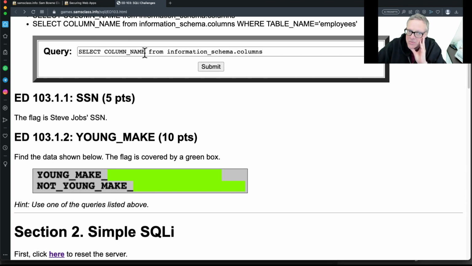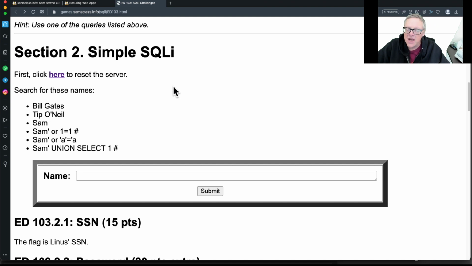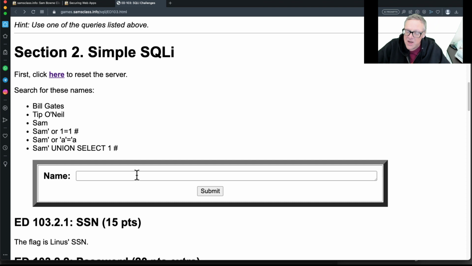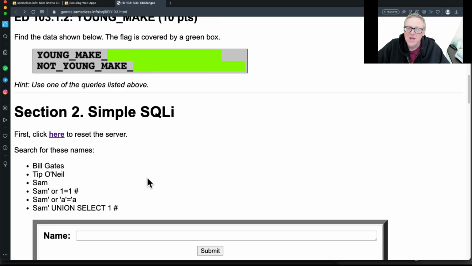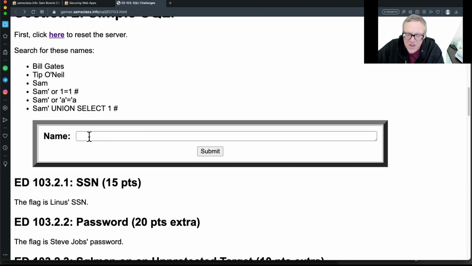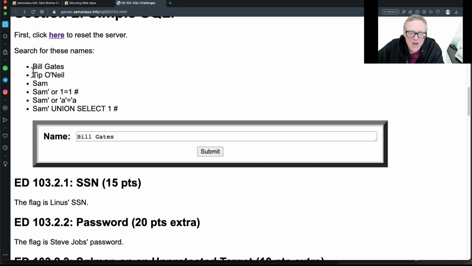This is just SQL, structured query language operating as written. Injection is where you execute SQL commands that were not intended to be executed except by the administrator. You would not give your customers this ability to enter a form like this to enter a query, but you do give them a form like this where you can search for something by name. So all you're supposed to be able to do is put a name here and search for it, and then you can find whether Bill Gates is in the table. But if you put in a name with an apostrophe, like Tip O'Neill,